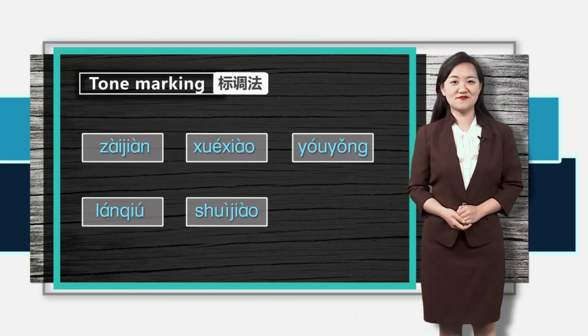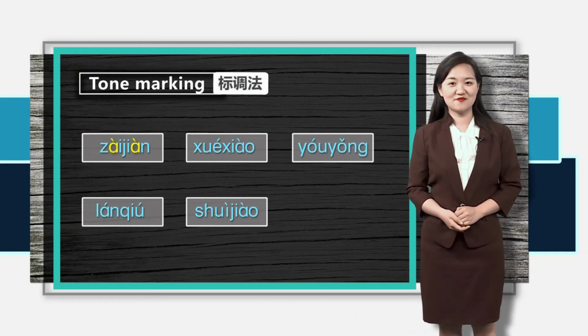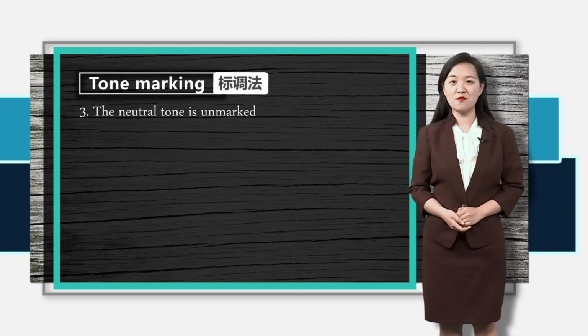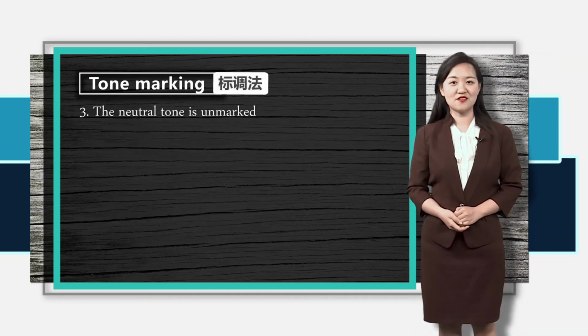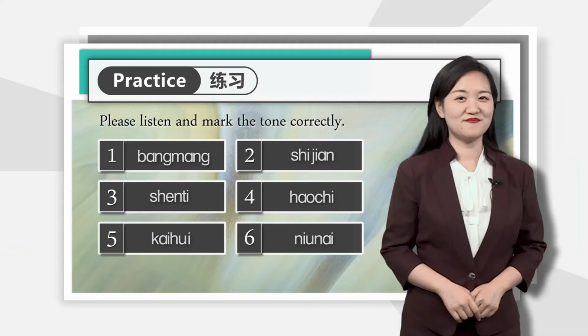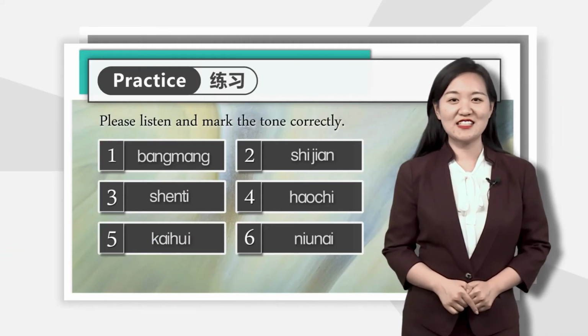For example, 再见，学校，游泳，篮球，睡觉。A neutral tone is unmarked. For example, 谢谢，对不起，不客气。